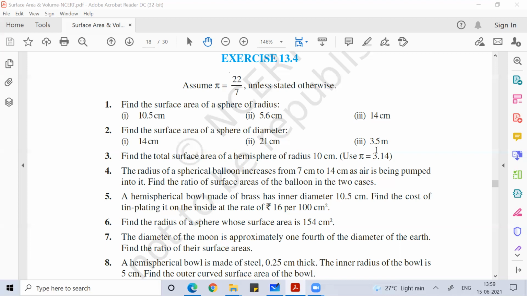यहाँ पे अपने को ये बात समझना है कि R1 by R2 1:2 है. तो अगर एरिया की बात करेंगे तो हम स्क्वायर कर देंगे. अगर वॉल्यूम की बात करते तो हम लोग क्यूब कर देते उसको. If it had asked what is the ratio of the volume, then your answer would have been 1:8, for cube. So the ratio of radius is given 1:2, the ratio of surface area is 1:4, and the ratio of volume would have been 1:8.